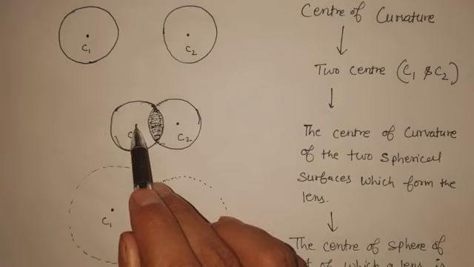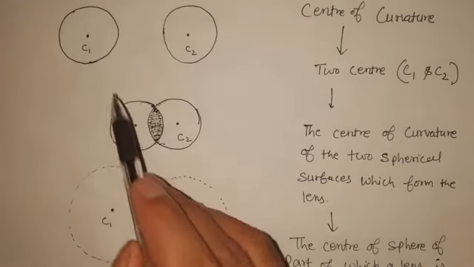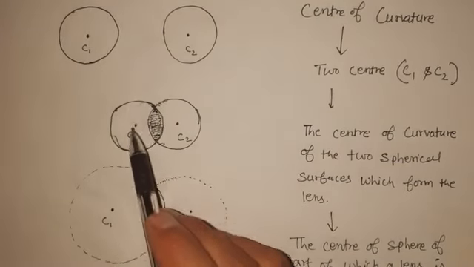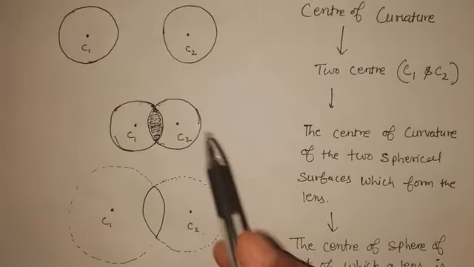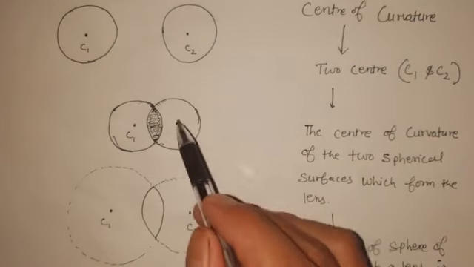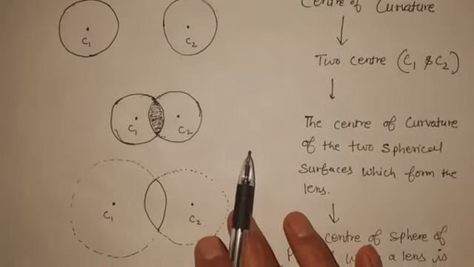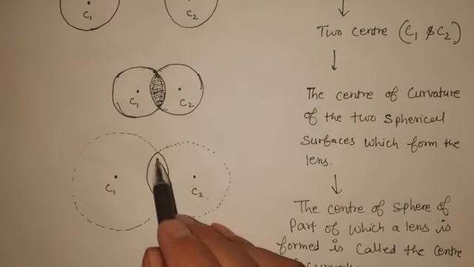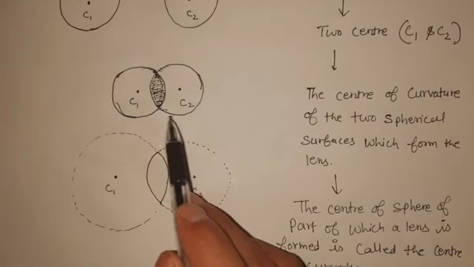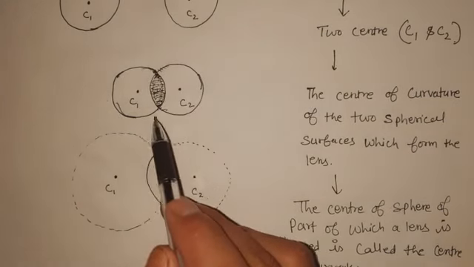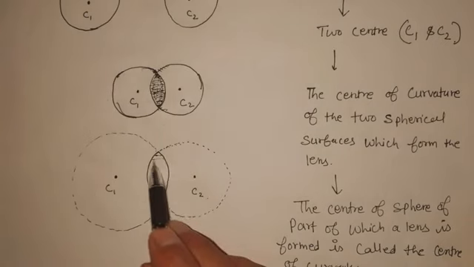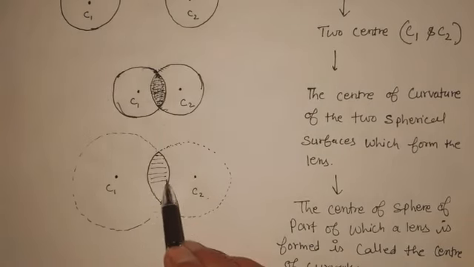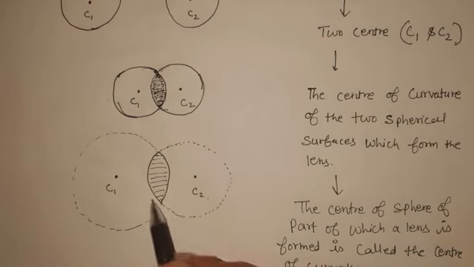On the left side was the center of the spherical glass which we took, and on the right side is the center of the right side spherical glass which we have considered. If we erase the rest of the part which is outside of this shaded region, then we obtain a type of lens. This is the convex lens. I am going to shade the center region.